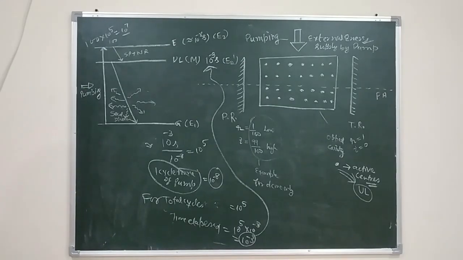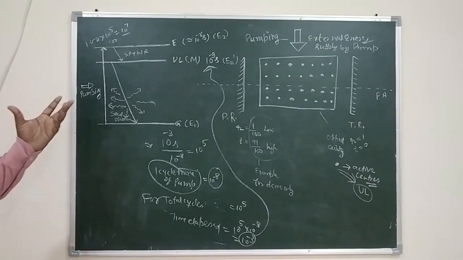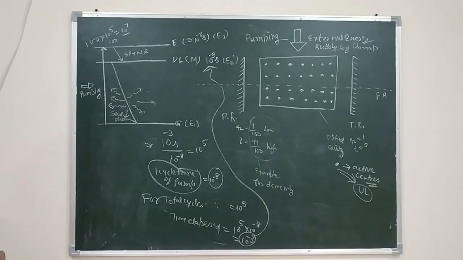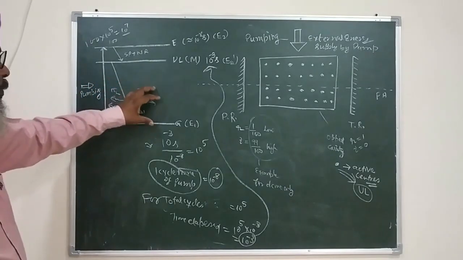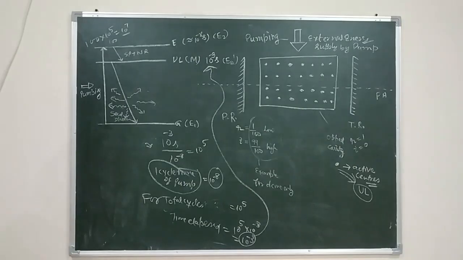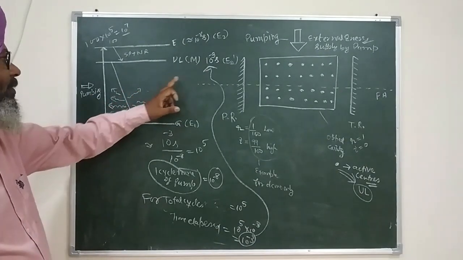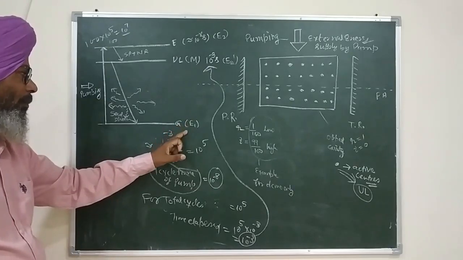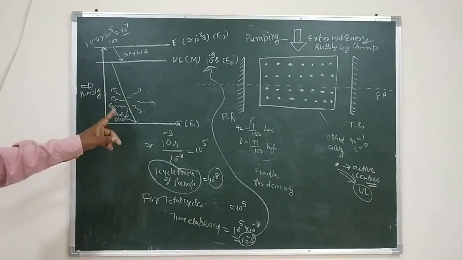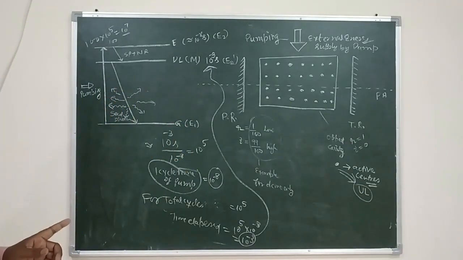therefore, out of these 100 photons, we cannot call every photon a seed photon. Kindly remember that out of these, only one photon will act as a seed photon. Which photon is going to act as a seed photon, I will tell later on. But all these photons will have exactly the same energy. That should be E2 dash minus E1. Their directions will be different. Their energy will be the same. Their frequency will be the same.